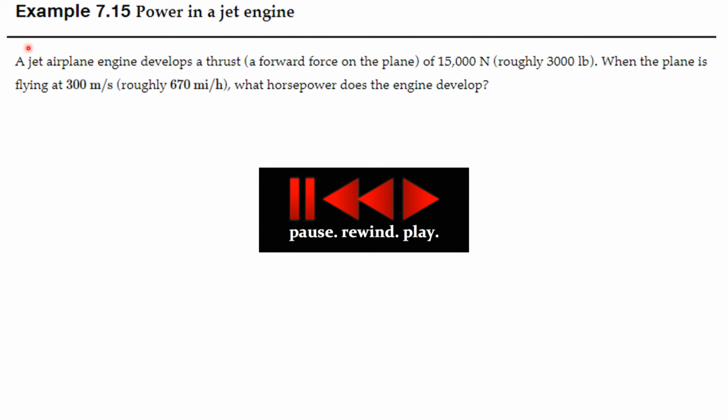Let's do a problem to exercise our abilities with these equations. Suppose a jet airline engine develops a thrust, a forward force on the plane, of 15,000 newtons when the plane is flying, and that 15,000 newtons is roughly 3,000 pounds. Now you need to know that for the second part of the problem. When the plane is flying at 300 meters per second, and that is approximately 670 miles per hour,